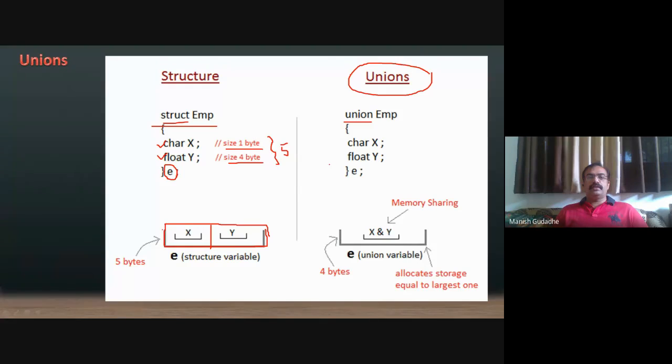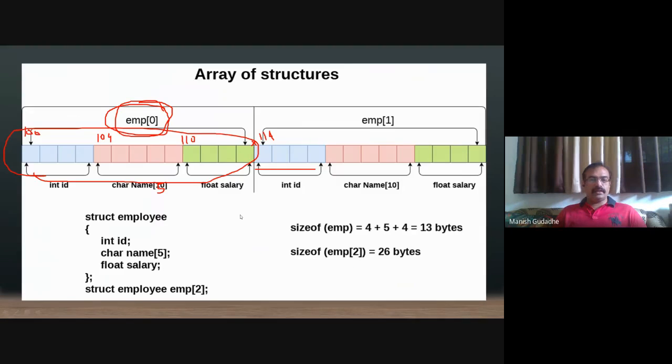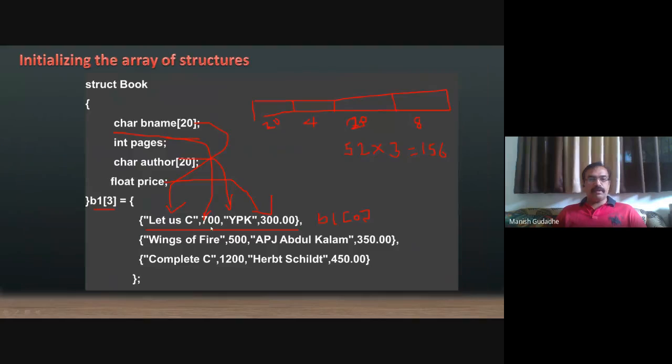Everything is absolutely the same as far as unions are concerned. The only difference between structure and union is that the union shares the memory. This means it will find out how many members there are, and what the largest member is. In this comparison, the largest member is float x, float y. Here the largest member is character name. In this case, the largest members are the name as well as author. They are of the same size.